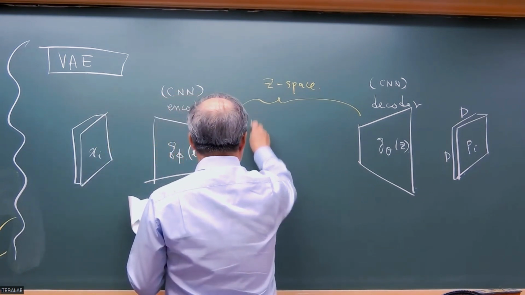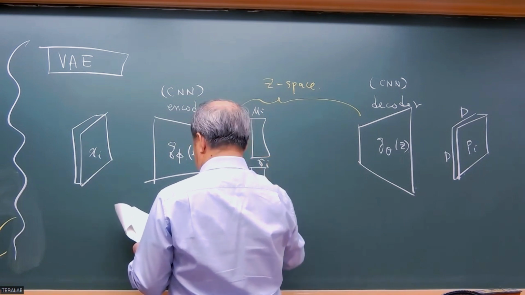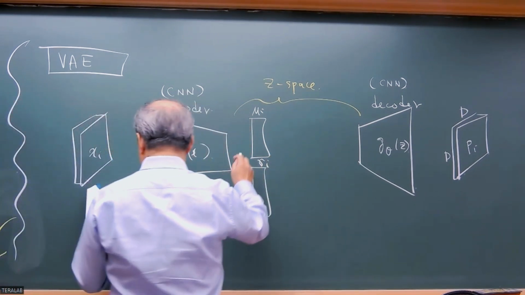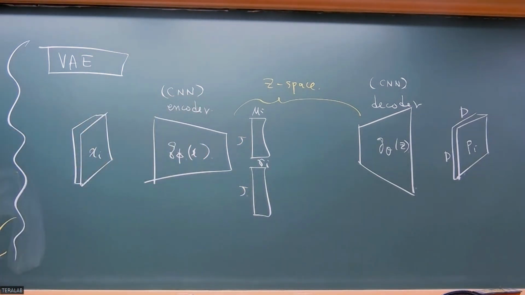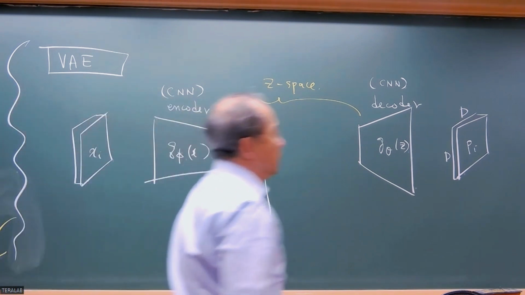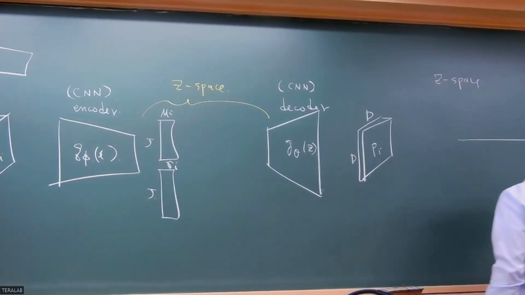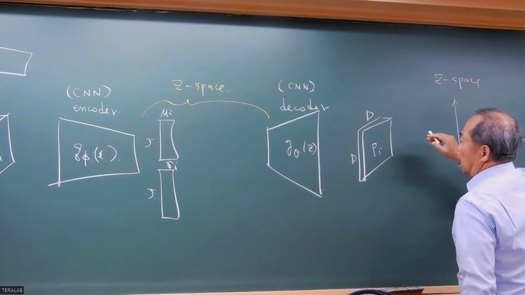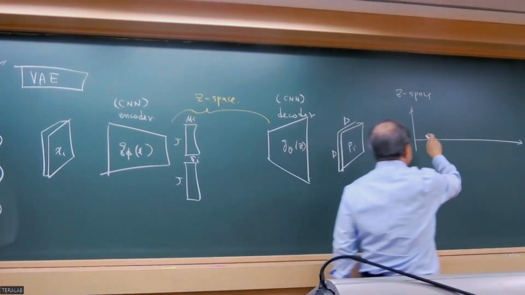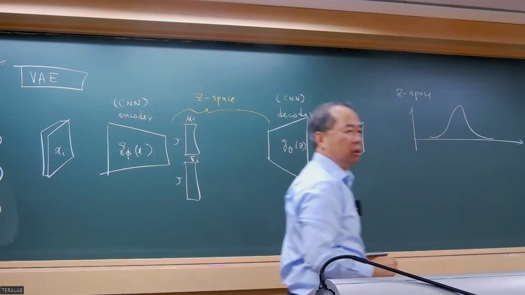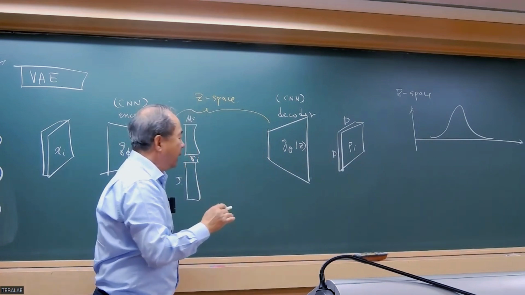Output of encoder will have mu I and sigma I, and the size of this vector is J. What does this mean is that in the G space, if we have an input and output of decoder, we are assuming that it has some Gaussian distribution. It's very interesting. And in the G space, we believe that